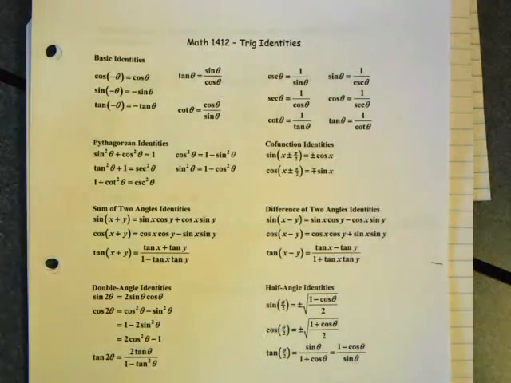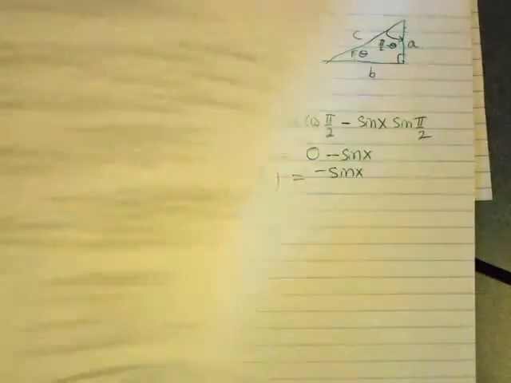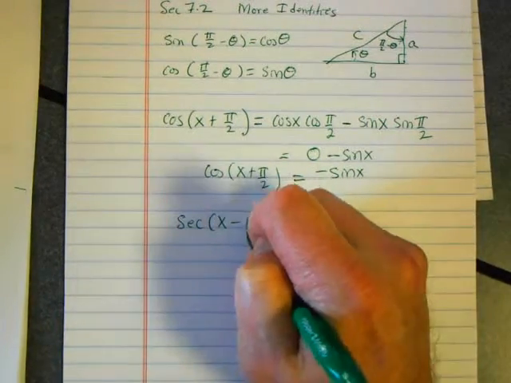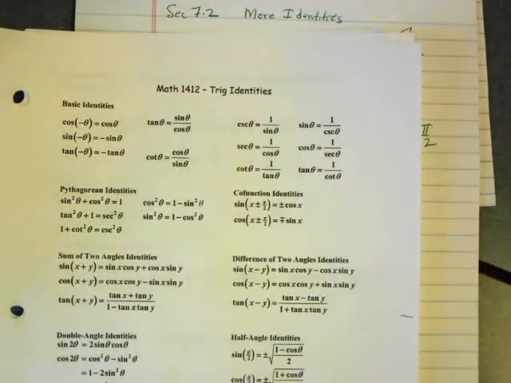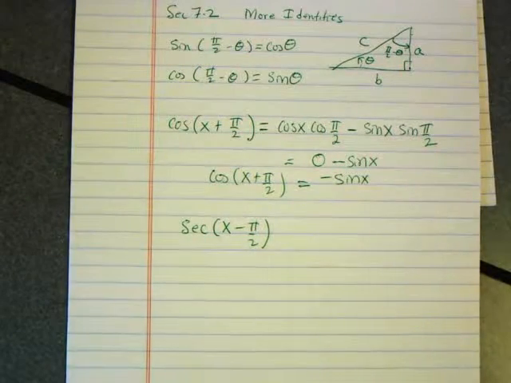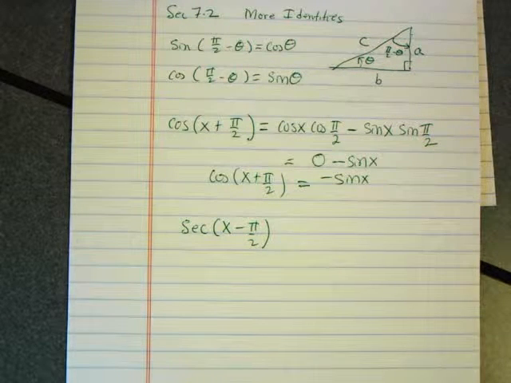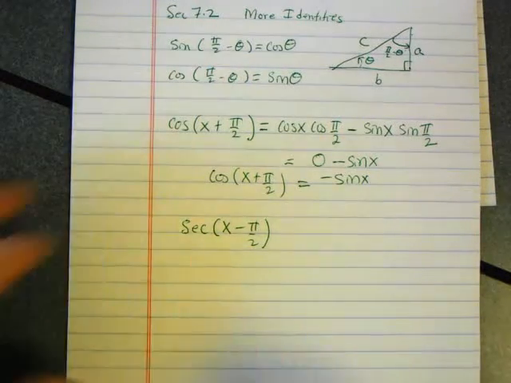Now, what I don't see are formulas for the other functions. For example, what if I wanted to know the secant of x minus pi over 2? I don't see a formula on this formula sheet for that. So I'm going to figure one out. How would I figure out a formula for secant of x minus pi over 2? What do you know about secant? Close. It's 1 over cosine. All right. So this is 1 over